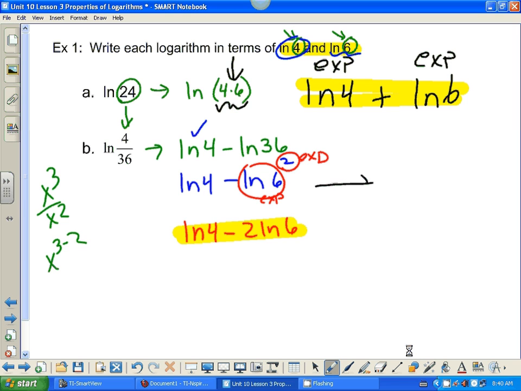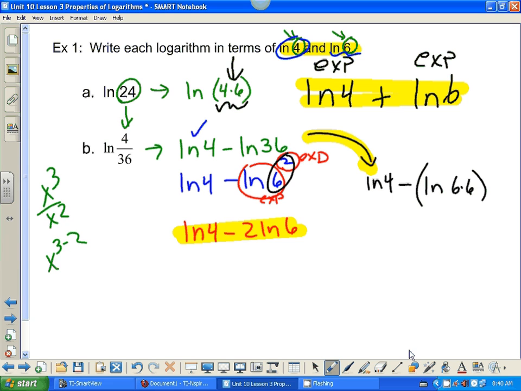Here's another way that you could have gone with the next step. Another way that you could have broken this down is the natural log of 4 minus. Now, whenever I put in a minus, the parentheses are going to be really important. I can think of this as the natural log of 6 times 6. So instead of writing it as an exponent 6 squared, I could write it as a product. So when I write it as a product using my properties of logarithms, that means I'm going to add their